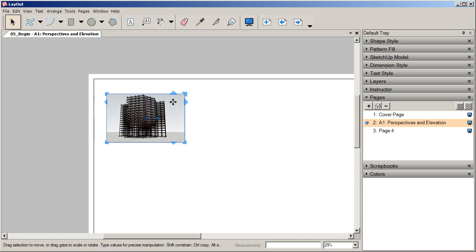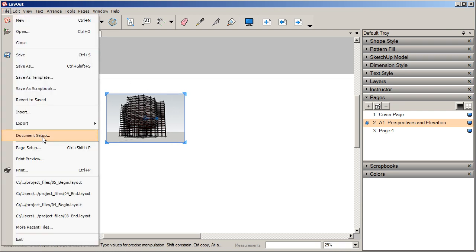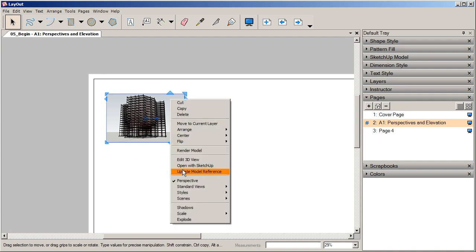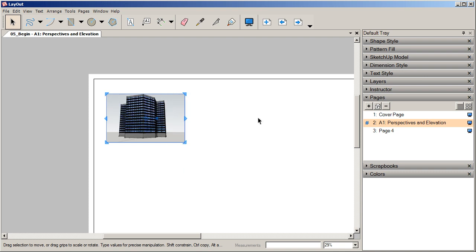Now, instead of going to file and taking this path, let's try this. Click your image, right click, and now go to update model reference. Same thing should happen here. Your building exterior should appear, and it did. So those are two ways that you can link to your model and manage the change that may happen